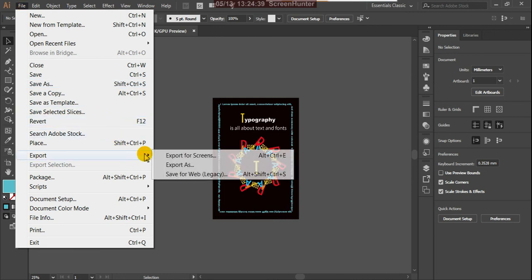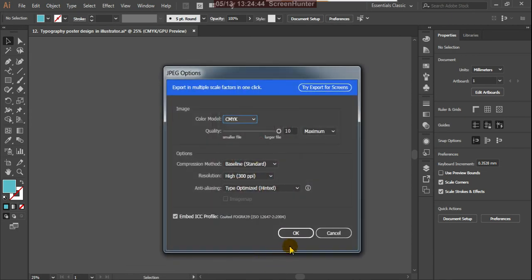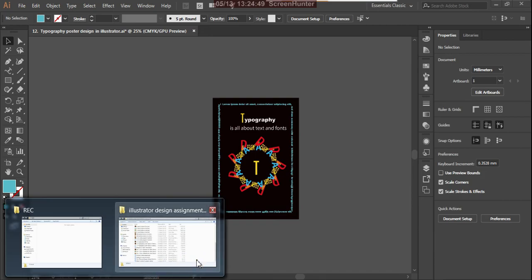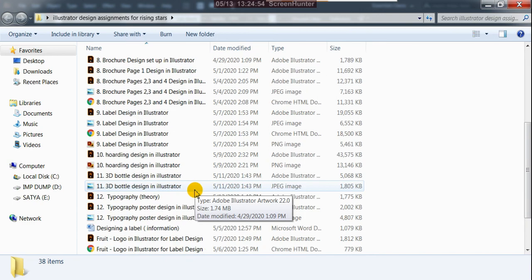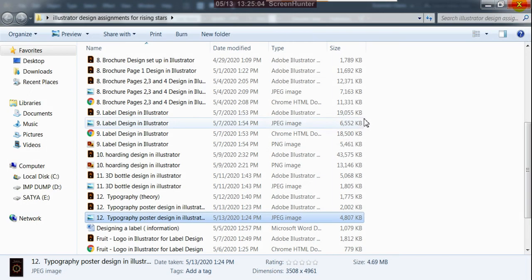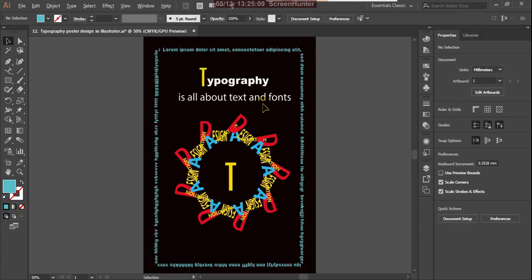save this, Export As, and the same name, and you check this, replace, go to your folder, and you can now see that yes, this is nice, okay. Now can save this Illustrator file also. Control S. Yeah,